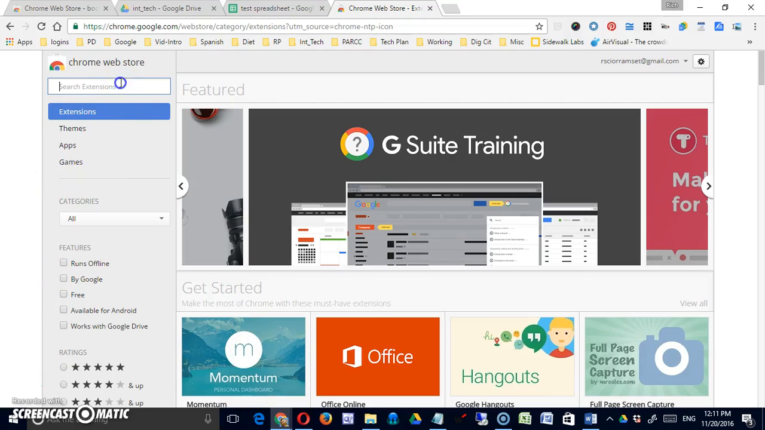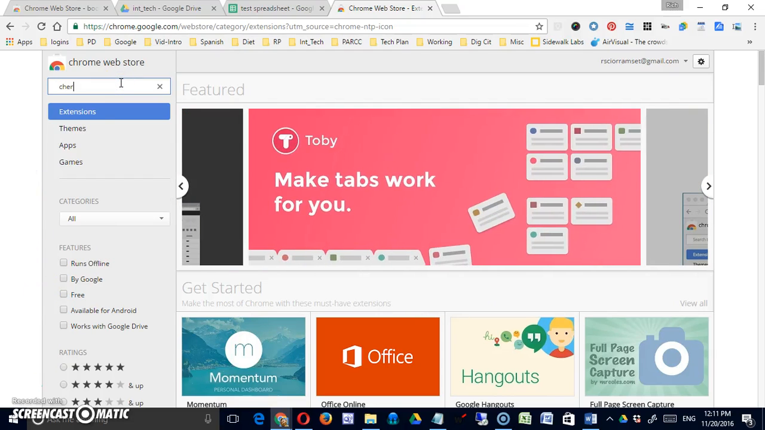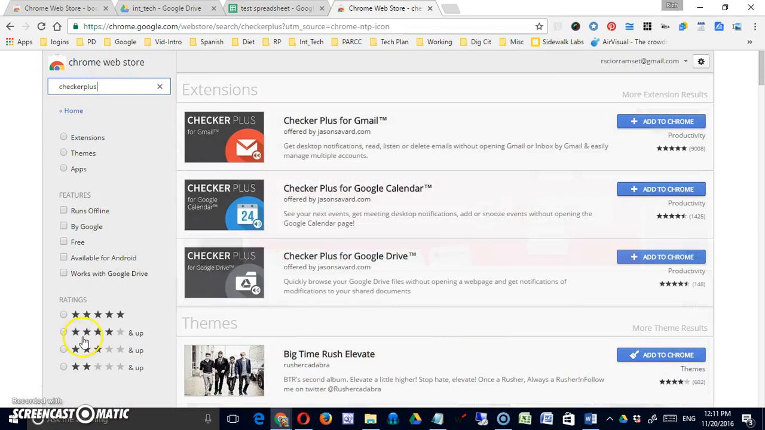The next extension I'd like to look at is something called Checker Plus. Great little tool. If you just type in Checker Plus, it's for Checker Plus for Gmail, Checker Plus for Google Calendar, Checker Plus for Google Drive. And this is the one I'm interested in right now. You could use the others as well, especially if you're a Gmail user, but let's just try adding this one